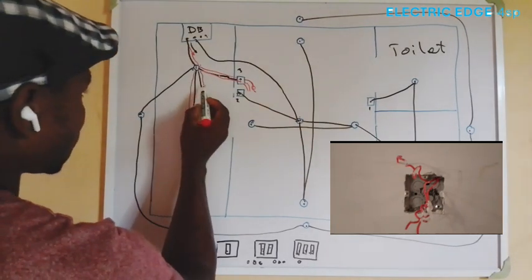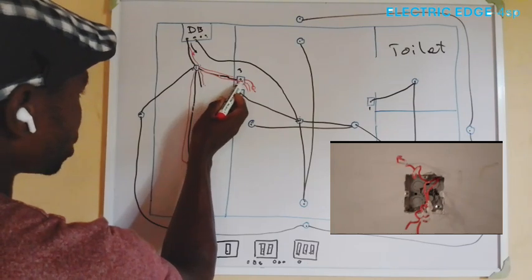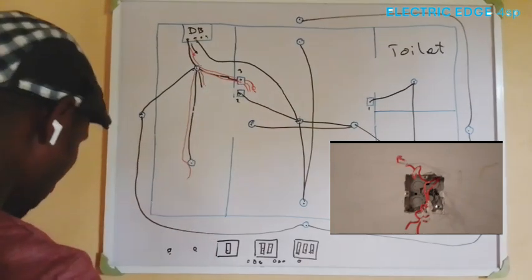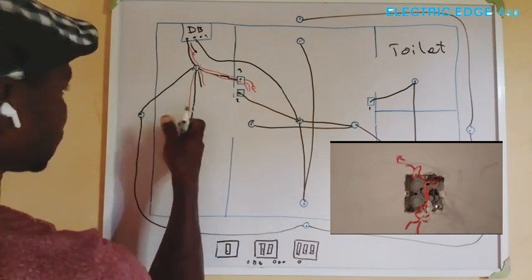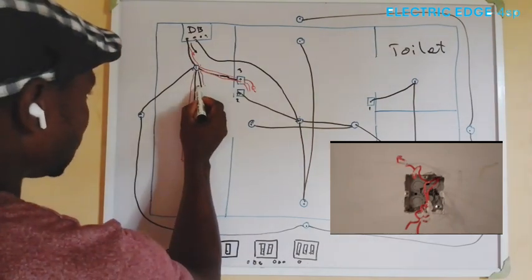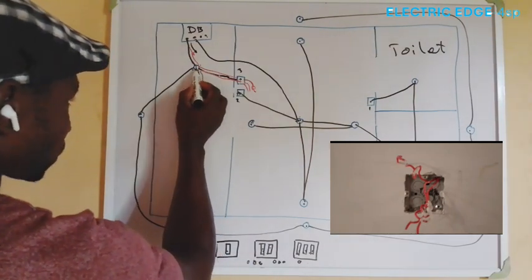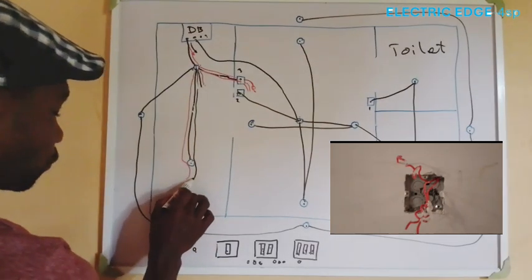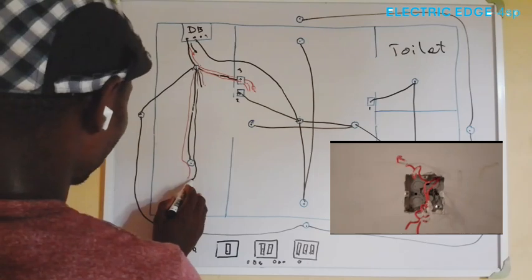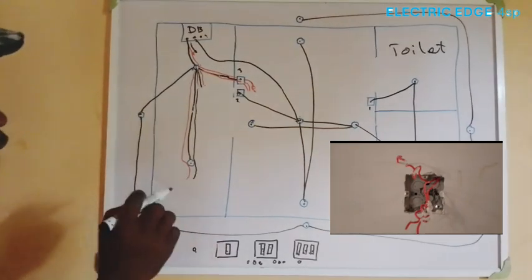You come straight to this lighting point and reserve something like 1 foot. Then your black, you don't need to visit the switch. Another black can join this black here already on this lighting point. Another black can join it from this box straight to this point, and you reserve 1 foot for termination. Then for the third gang,